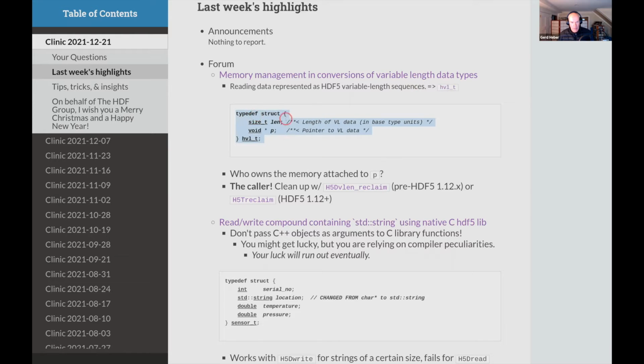The way these variable length sequences are represented is basically a count that counts how many elements there are in that sequence, and then a pointer to a buffer in which that sequence data is stored, element by element. And so the question really goes to, what about this field called p here, this void star pointer in C? Of course, when I'm reading a data set that involves some kind of variable length sequence type,